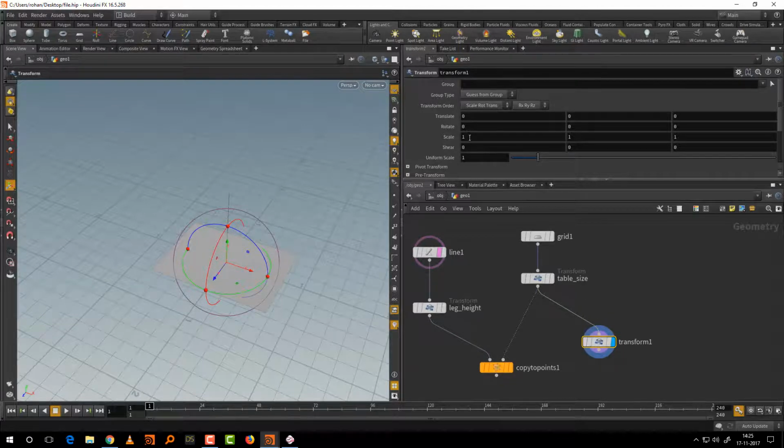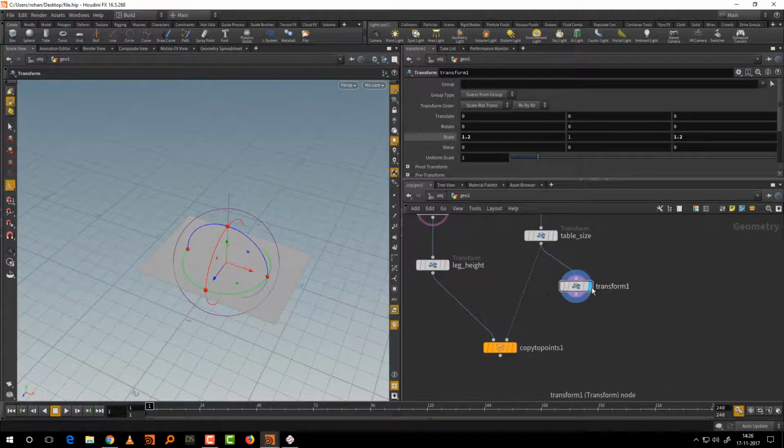So we're just going to scale it up by 1.1 in both. Yeah, so it's slightly bigger. Okay. Or let's make it 1.2. You can press tab to go between multiple. That's very much like an Excel sheet. Okay, so let's just call it